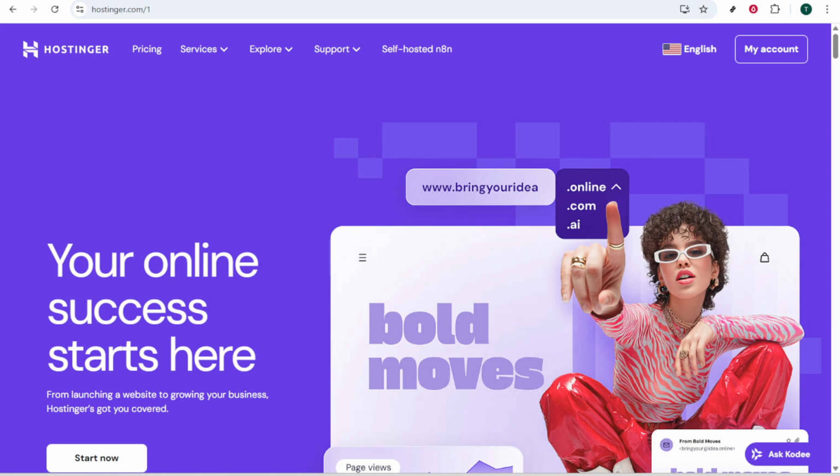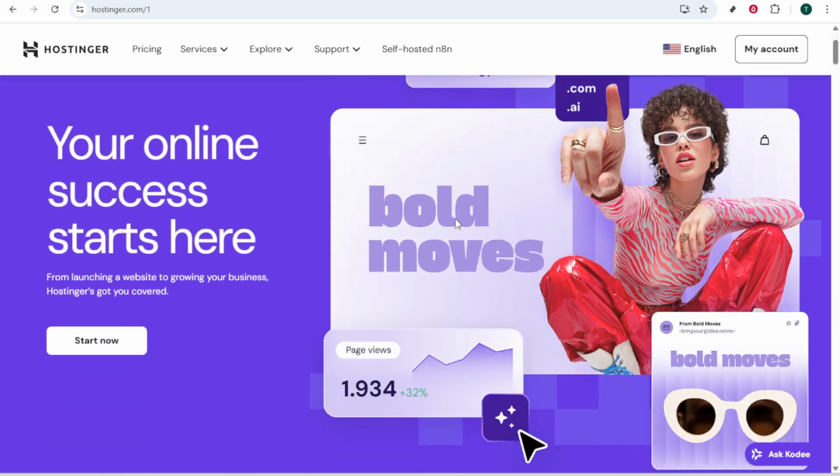To kick things off, the first thing you'll need to do is log into your Hostinger account. Head over to the website and enter your credentials, which are typically your email and password. If you've forgotten your password, just use the Forgot Password link to reset it. It's important to keep your login information secure and, if possible, use a password manager to help you manage your